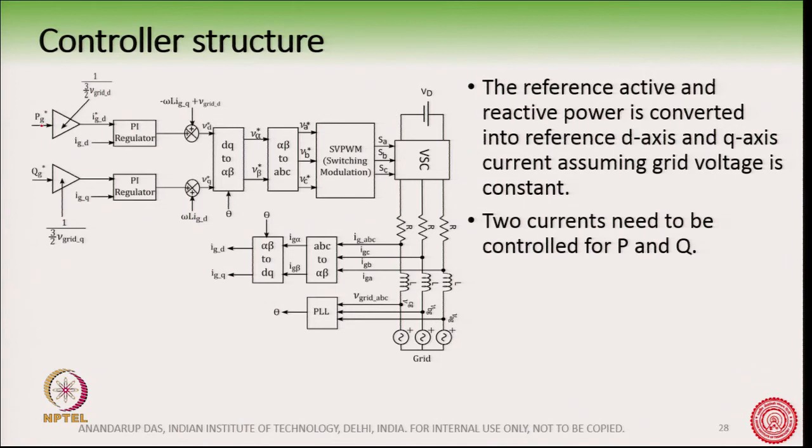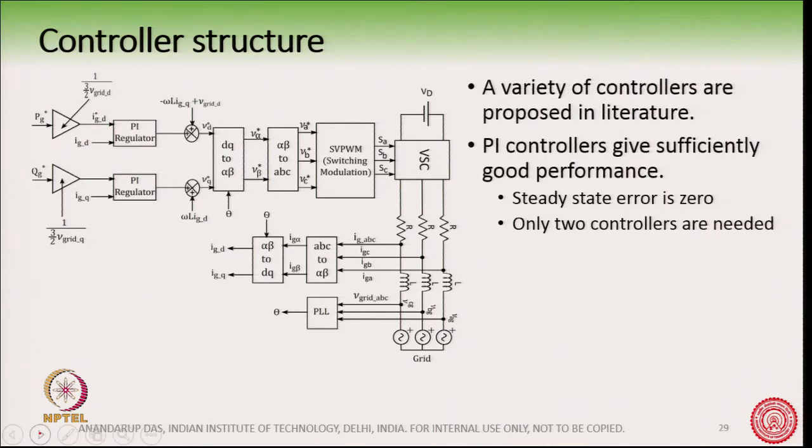So, we see that we get IGD star and we also get IGQ star. So, this is the converted reference d axis assuming grid voltage to be controlled. Now, we have two variables because we want P and Q to be independently controlled, and then we have the PI regulator. Different varieties of control are possible, but we have seen that